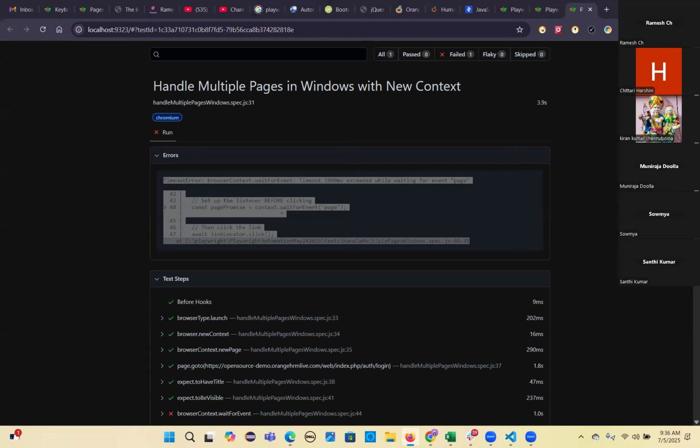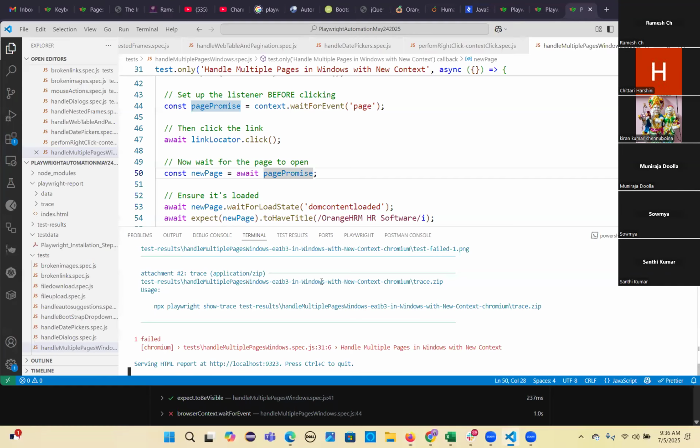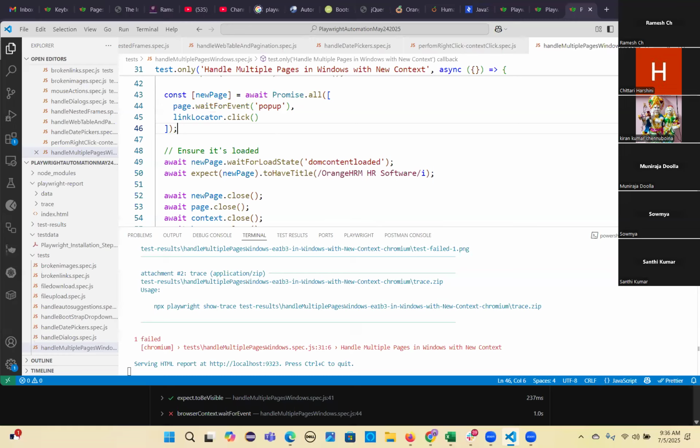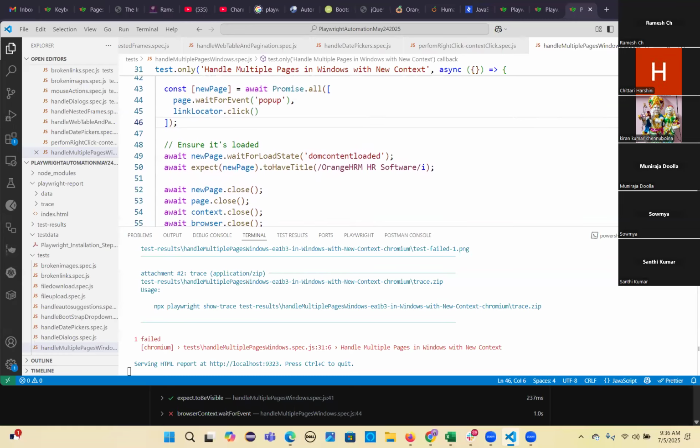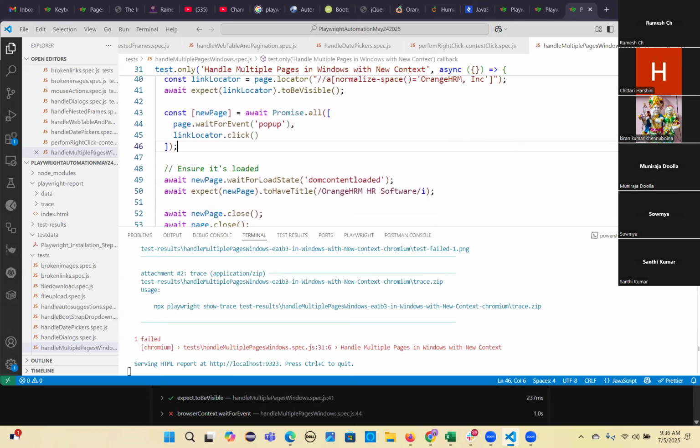Okay, let's try with this. He is asking to give wait for a pop-up, but that's not a pop-up, but let's try. So whatever he has given, we'll try that. So all this we will remove and keep this in a single promise. So we are keeping that. Then that promise new page you need to assign, so wait for the load state DOM, and then